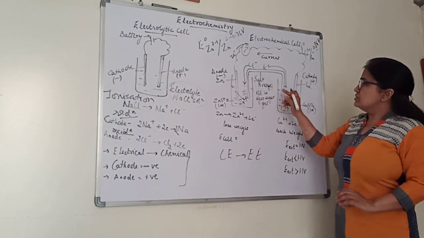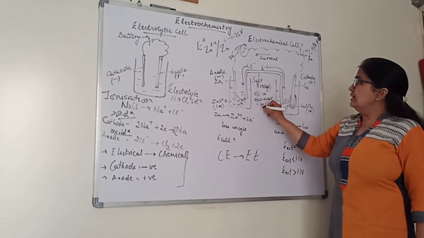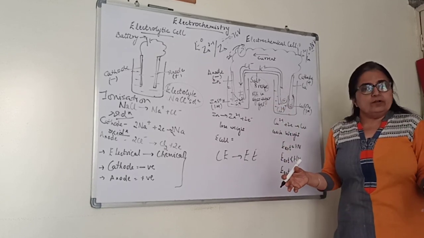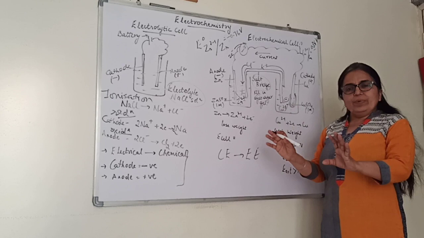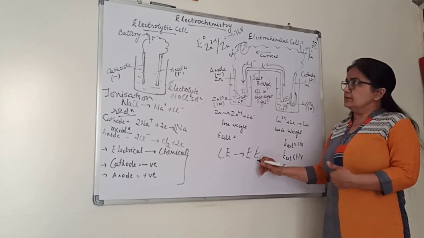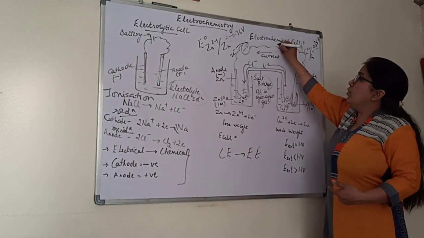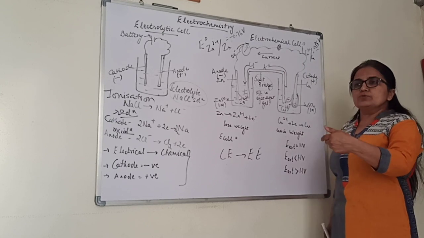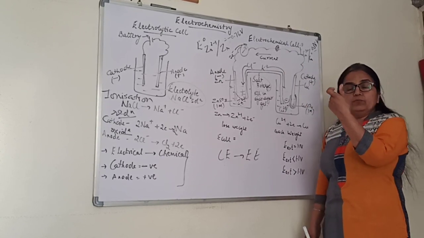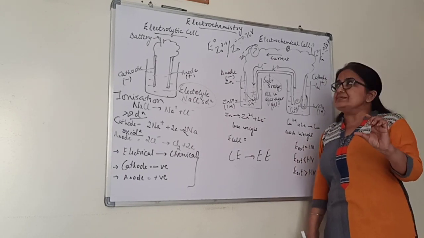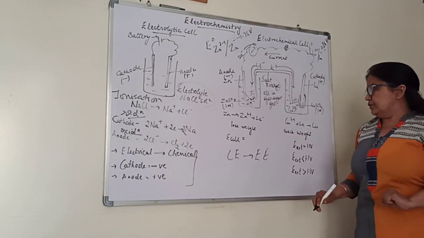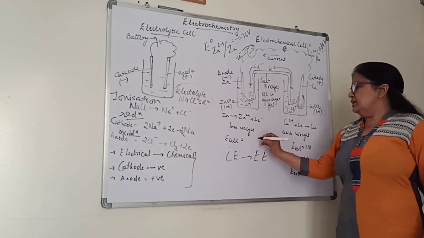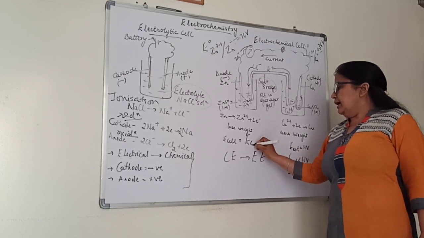So what is the main function of the salt bridge? It maintains electroneutrality of the cell. If this is not there, the cell will not function. So in this, no battery, from chemical energy we are getting electrical energy. We can see a deflection. If we want, we can connect a bulb over here and see it will start glowing. These type of cells we are also using in our cell phones. We are using in wall clocks or toys, those small batteries. These are electrochemical cells.